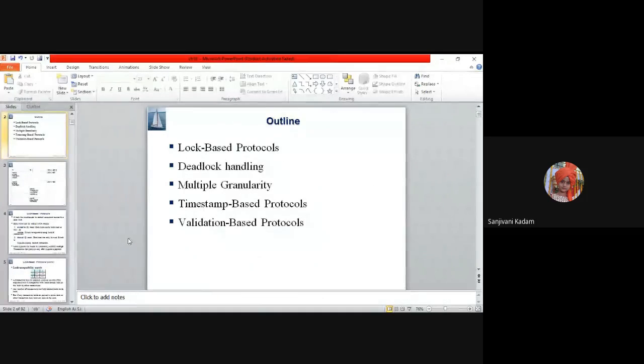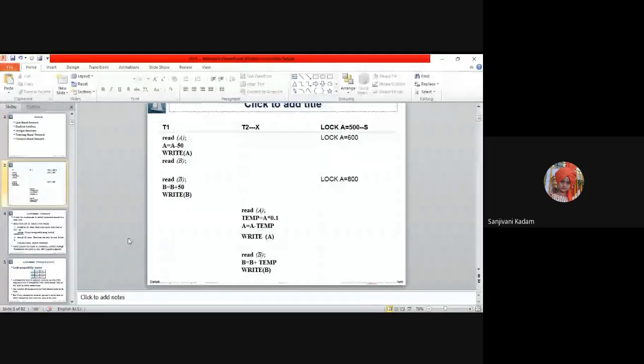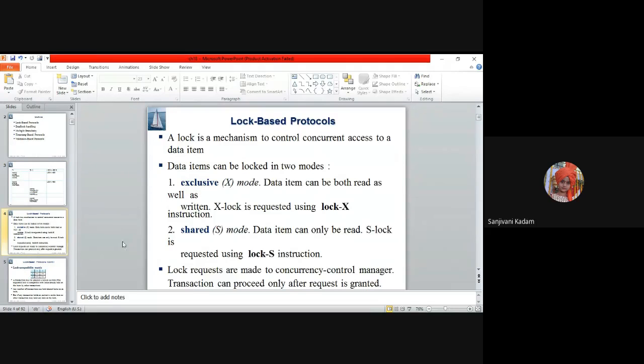So there are total 5 points. First we started with the lock-based protocols. Locking is required in order to achieve concurrency control. Whenever multiple transactions are trying to access the same data member, locks need to be acquired to use that data item.